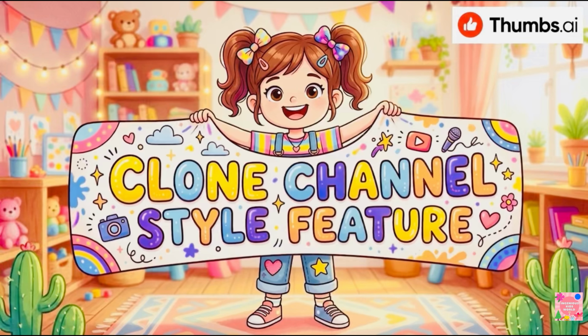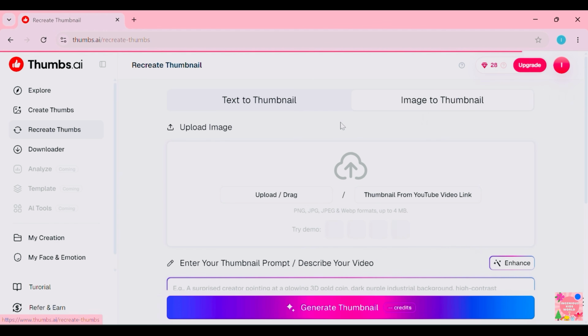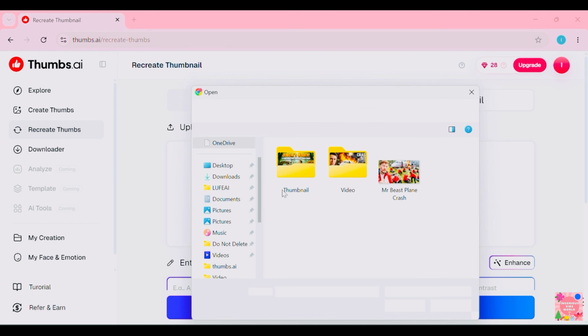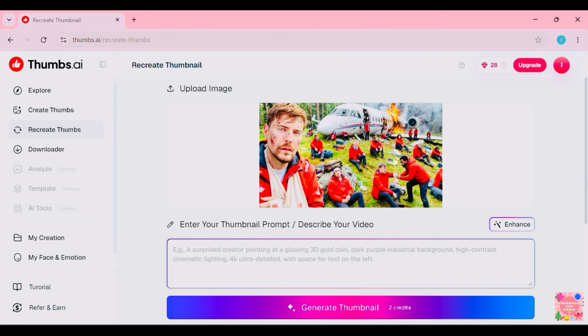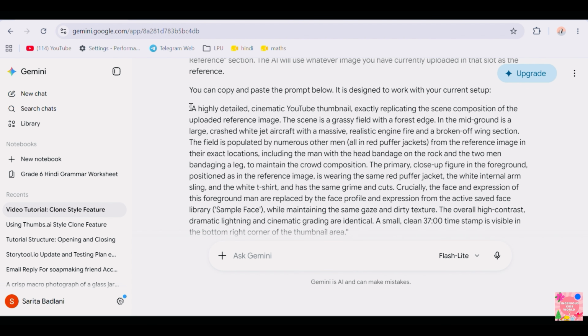Now let's explore the style cloning feature in Thumbs.AI. Simply log in, then open the Recreate Thumbnail tool and upload a thumbnail you'd like to use as inspiration. Thumbs.AI will analyze the design style and help you create a new thumbnail based on it. Next, enter a thumbnail prompt or describe your video so Thumbs.AI can understand the content you want to create a